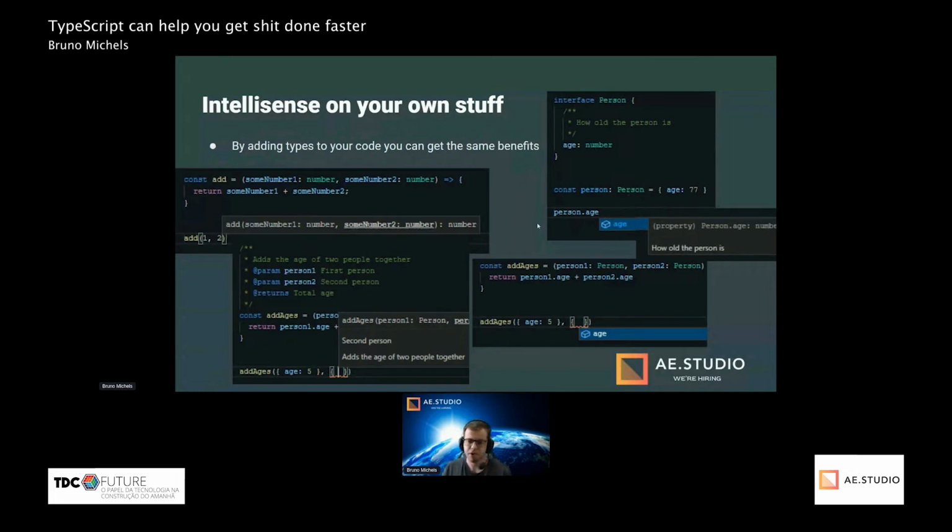So even in your own code, you can get or add more information, which makes it easier to work on a big team. When there are many developers working, you can share this information, and it makes it easier for developers to get things done because they don't have to read all your code and understand everything that's being done. They can sometimes really easily see the parameters of a function and really understand the function. And another example here with auto-completion for my own type.